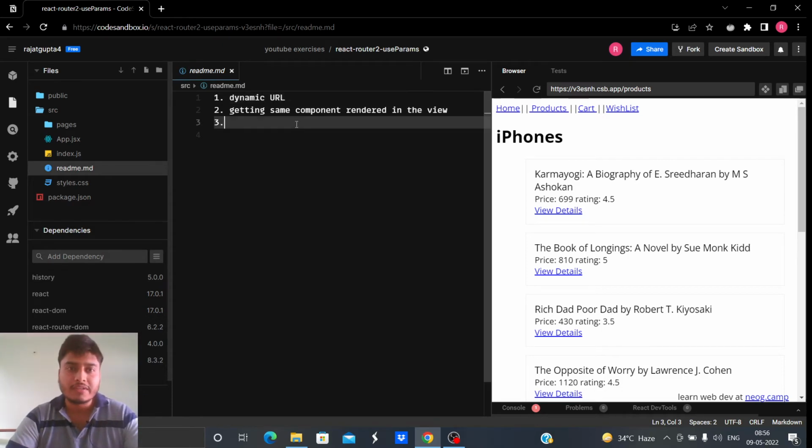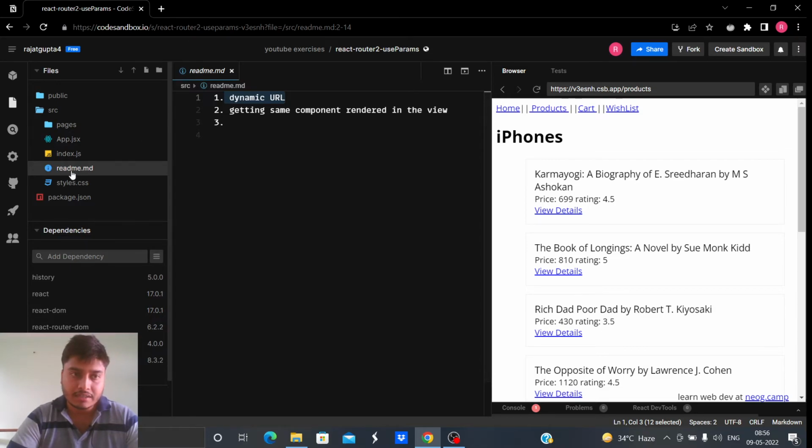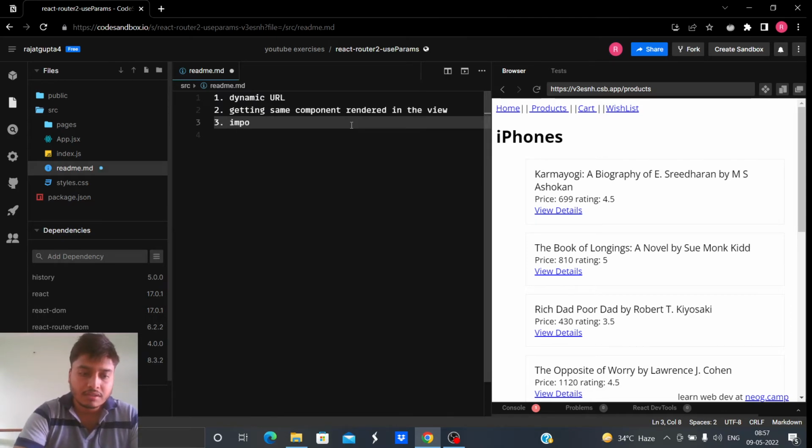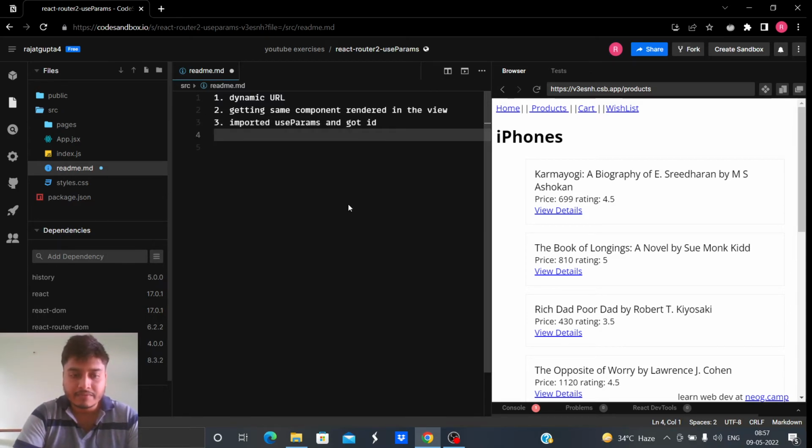Okay, so what we did, first we made the URL dynamic. I am just revising everything that you have learned till now. First we are making the URL dynamic, and I'll show you how we did it. First let me go through all of these points. Then we got the same component rendered in the view. Then we imported useParams and got the ID.